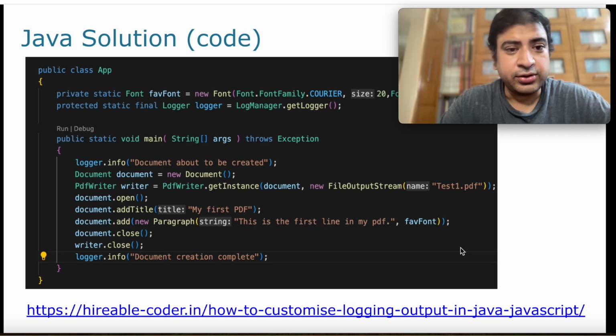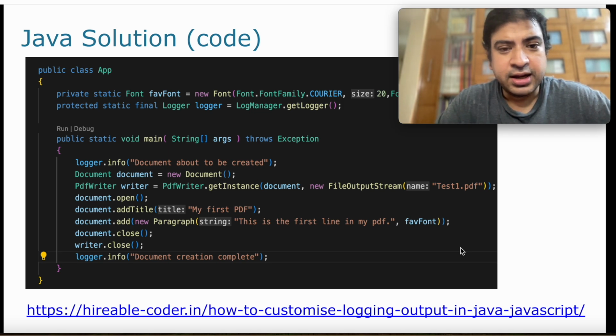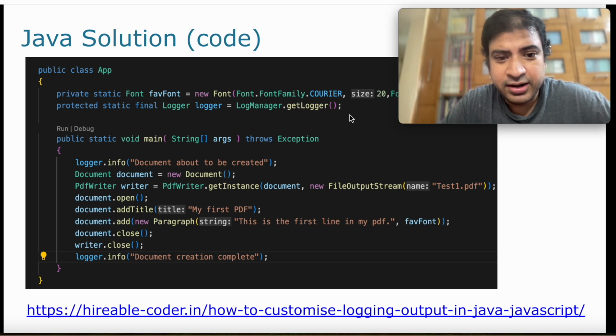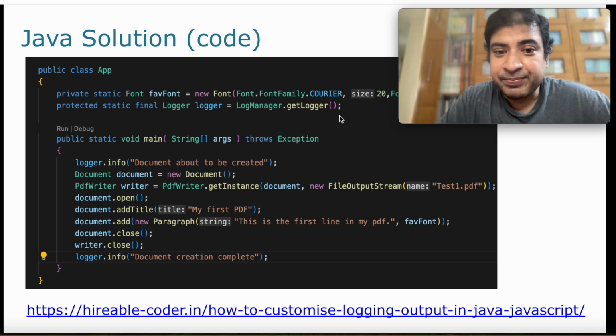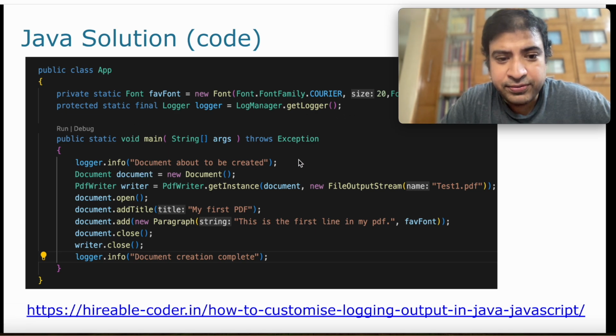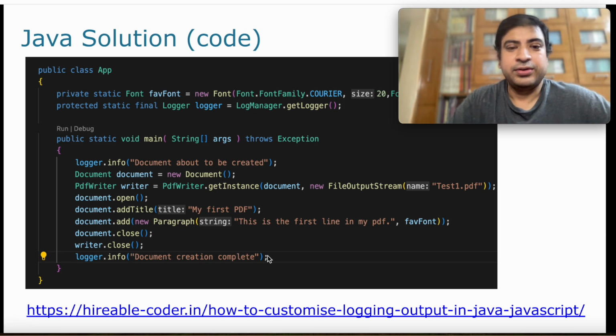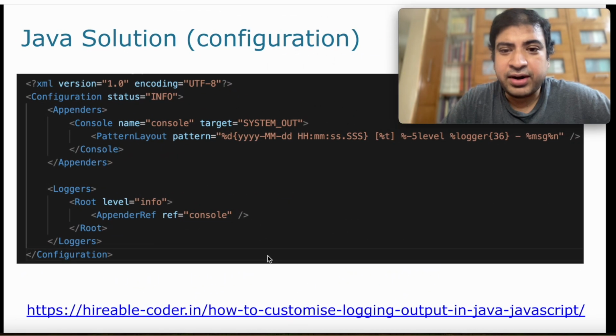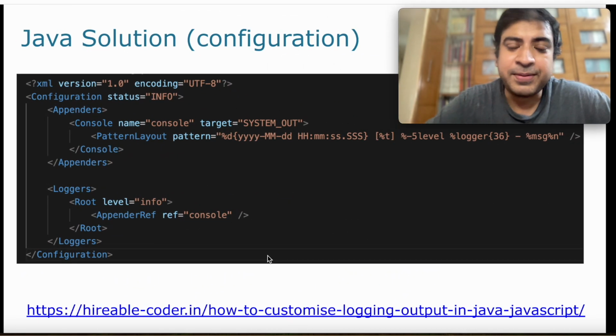Okay, so this is the code in Java showing how you can use logging. It is the same code which I'm using to print my PDF file. I'm instantiating a logger here using an external library called log4j. I first create the logger and then write a statement with logger.info here, and then again another logger.info here. So this is the Java code, and in Java the configuration is kept in a different XML file